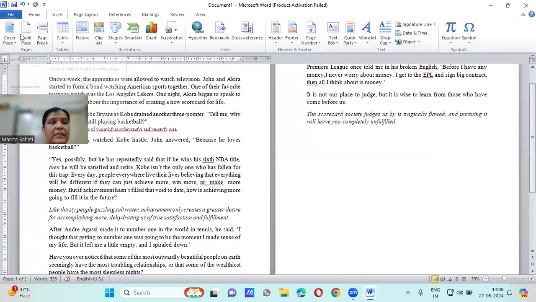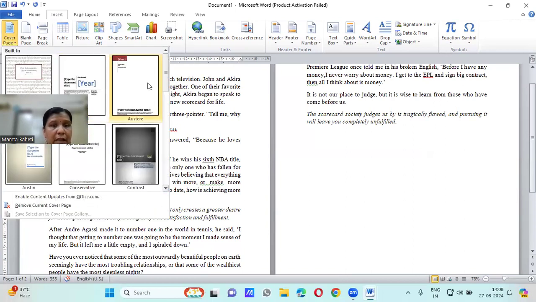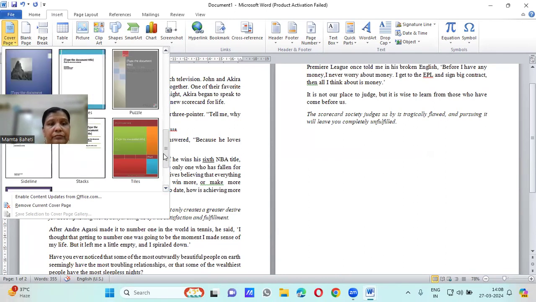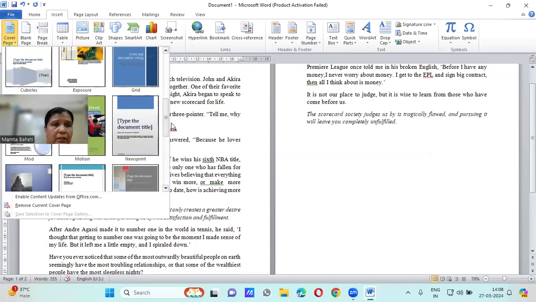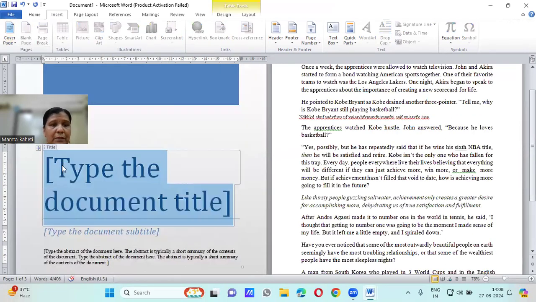Okay. Now one more thing. Suppose your contents need a cover page. Okay. So how will you get it? See here. I am clicking on cover page. There are some samples there. Generally what we do, we create the cover page at our own space or requirement. Or they may be required as per the type of document that we are submitting. Okay, so suppose I'm submitting a document having a certain newsprint. So here you can see I'm just typing the